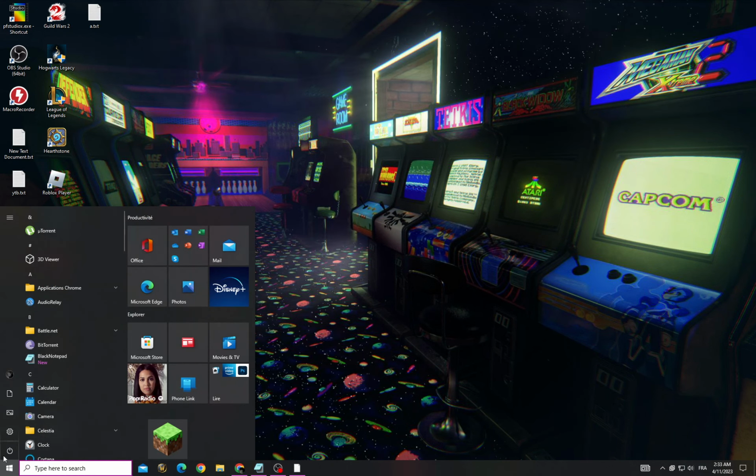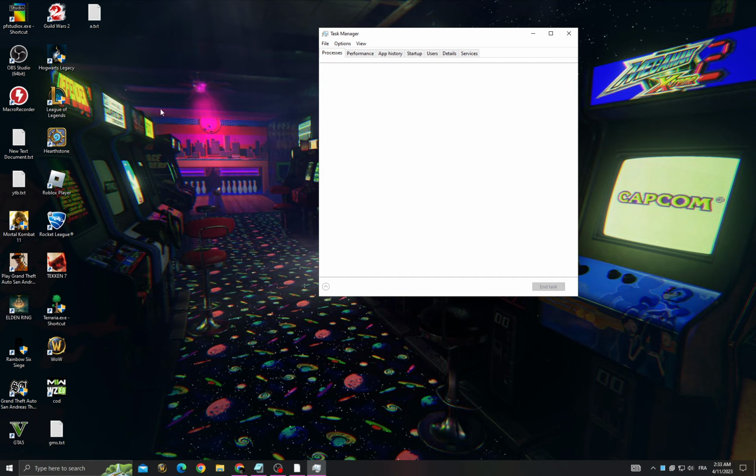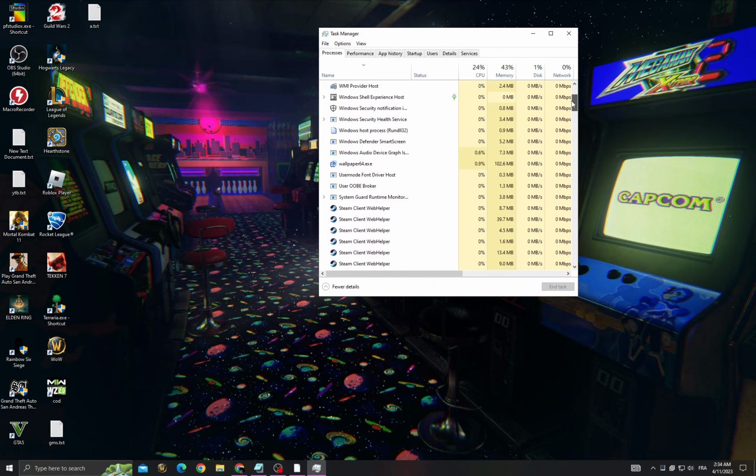PC, and after starting your PC open task manager, and that's it. Now just close all the applications that you don't need, applications that you know what they do,